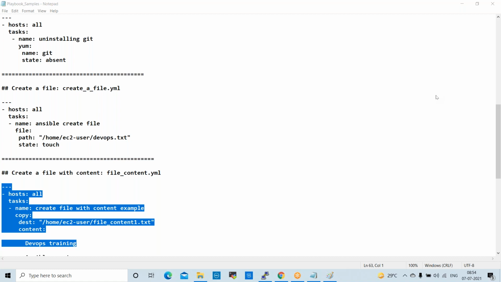Some commands, some scripts are there. We'll go through that. Very easy, very simple scripts. Simple single line scripts. Simple scripts are there in Docker, Kubernetes also. Even Terraform also, TF script is there. Once you start practicing, it is very easy.